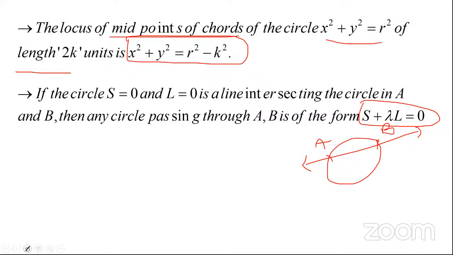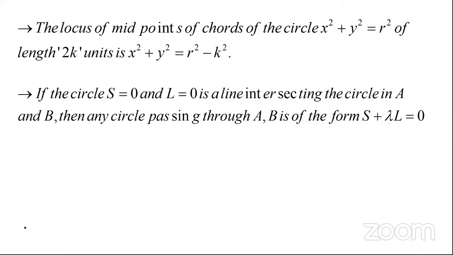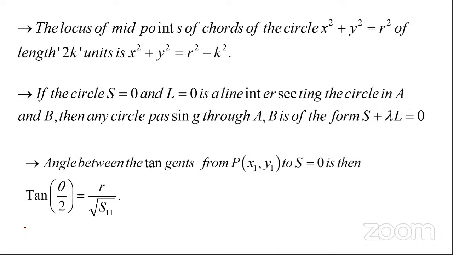This is S plus lambda L equal to 0. We can write this as the family of circles. Now, the angle between the tangents: I'm taking tangents from an external point to the circle in the plane, like this. So we have to find the angle between the tangents. We can prove this as per the